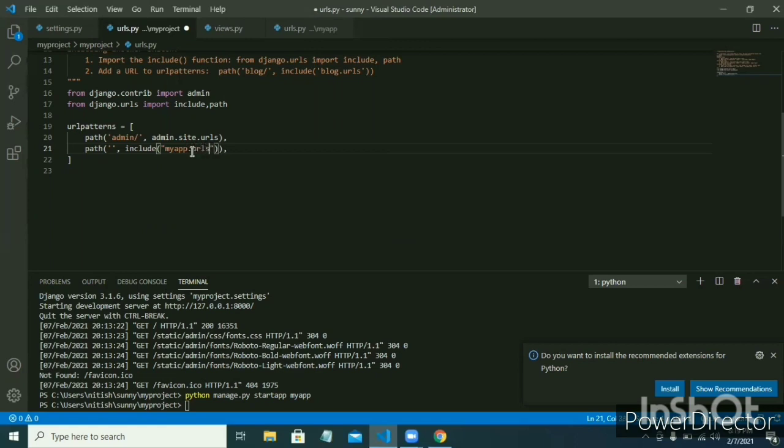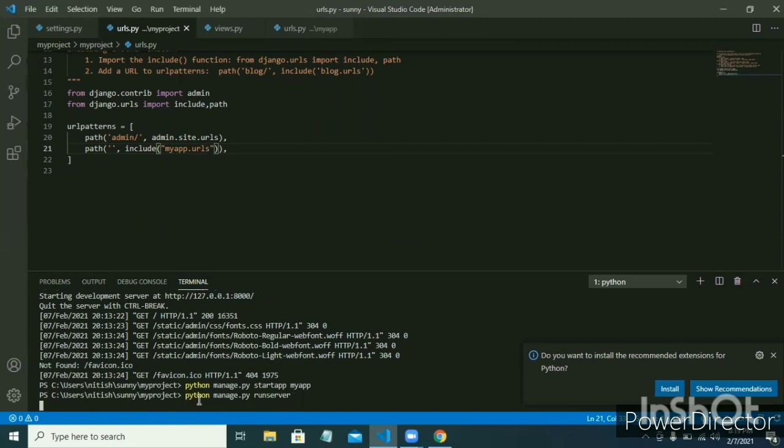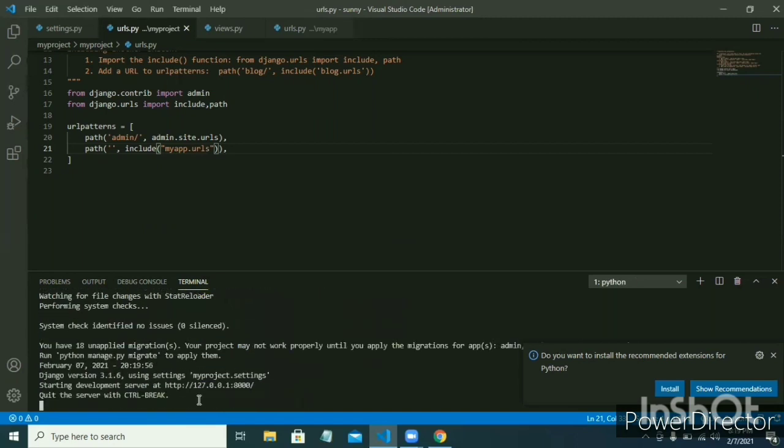The major benefit of making urls.py in our app folder is that a Django project can have multiple apps, and multiple apps will have multiple templates, and we may get confused in all the URL patterns. So to split them like this is convenient according to me. Now our Django web application is complete, so now let's run the server and check it.